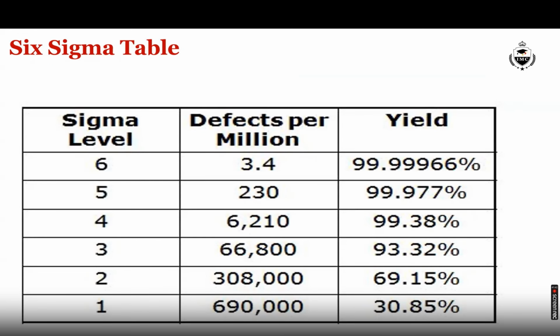Process capability. You see, this is a uniform, globally accepted Six Sigma table, where from the bottom there is one sigma, two, three, four, five, six, and there are defects per million opportunity. In statistical terms, defects are always evaluated based on per million opportunity. So when we are at one sigma level, we have a defect of around 690,000 per million opportunity on an average, which is around 69% defects. So that's why the yield, which is the good part, is around 31%.